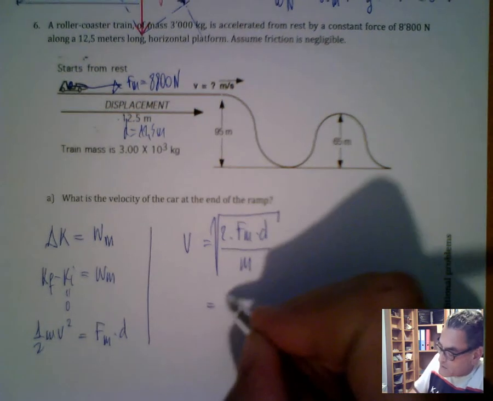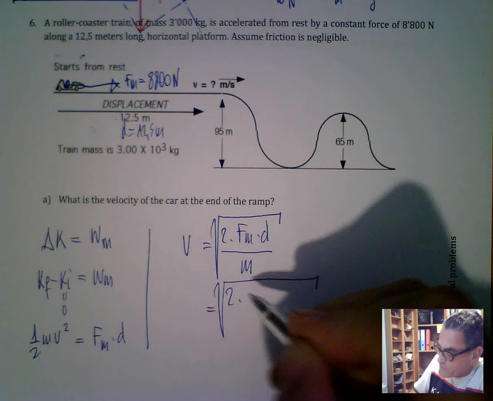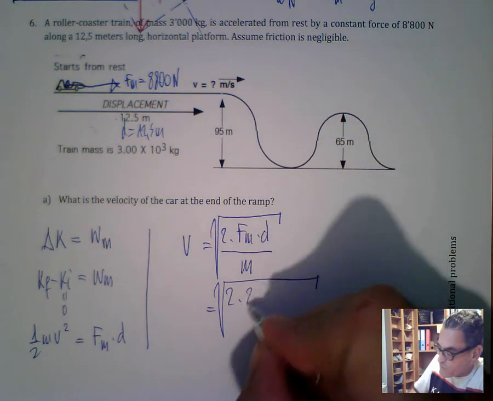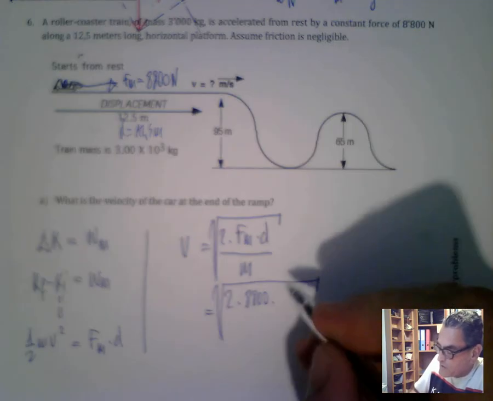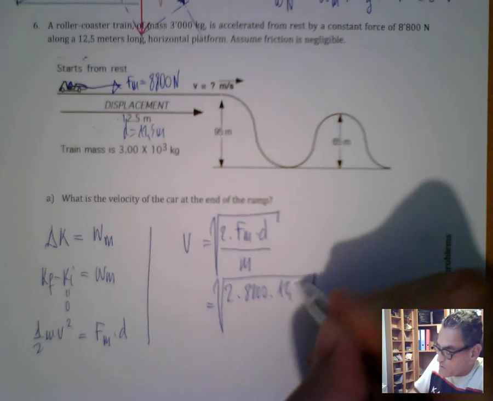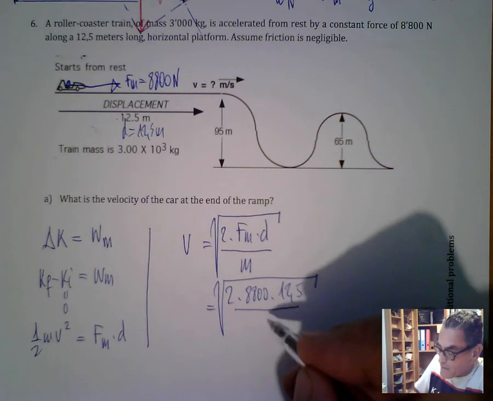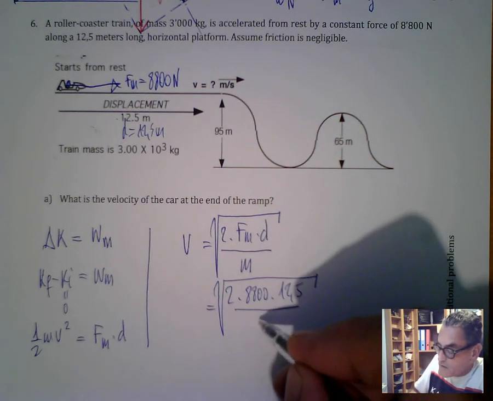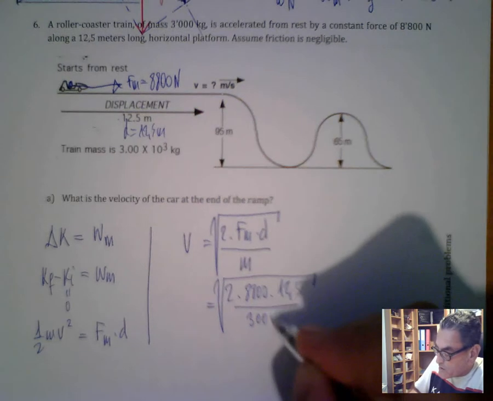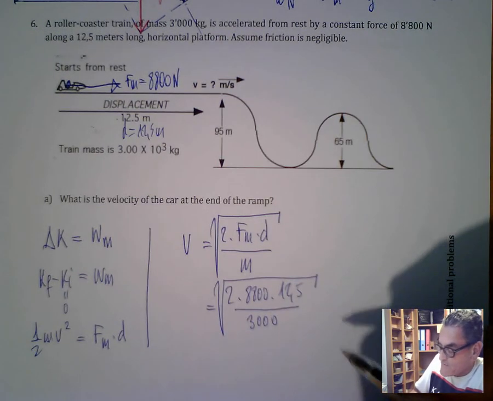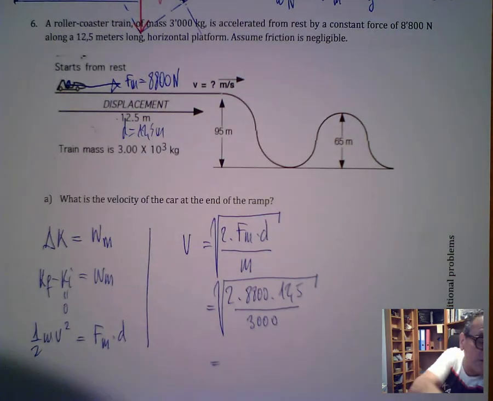So this is now the square root of 2 times the motor force 8,800 times the distance, which is 12.5, divided by the mass, which is 3,000. And if you compute this,